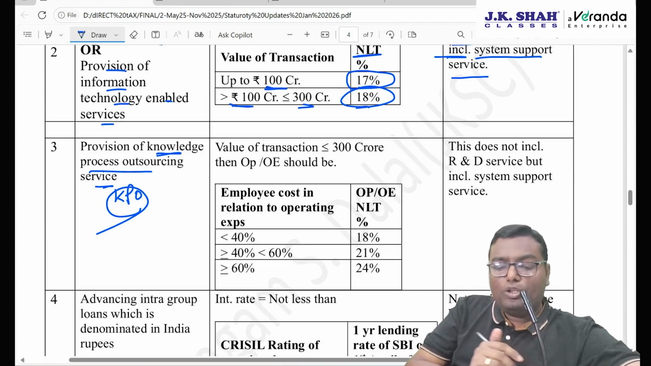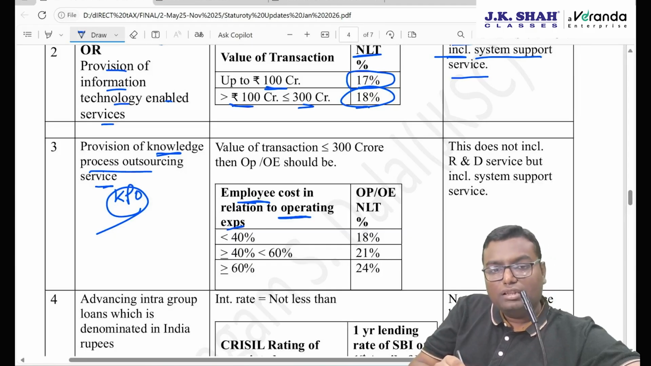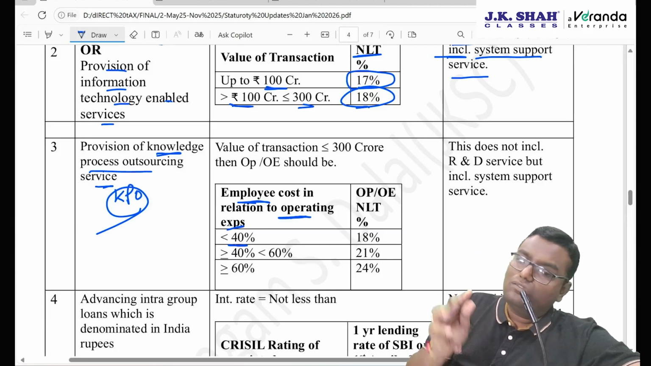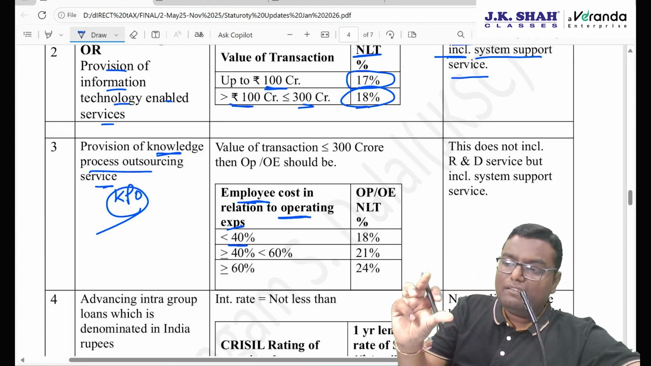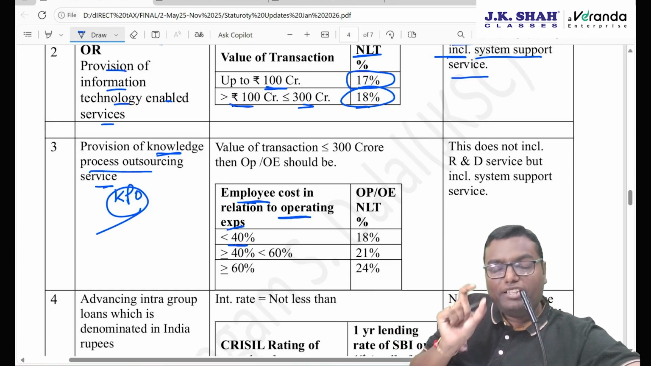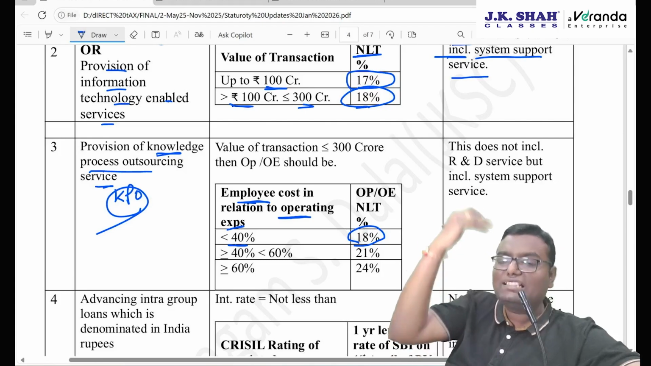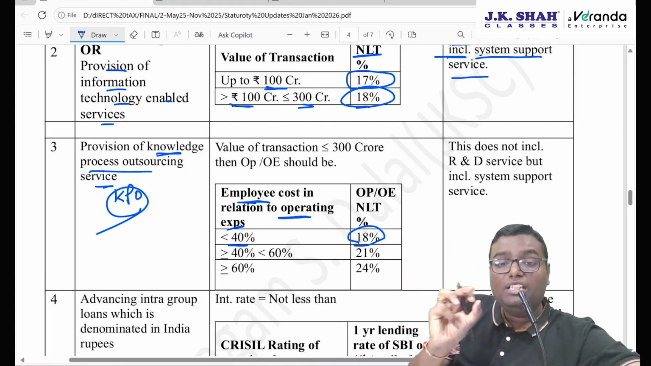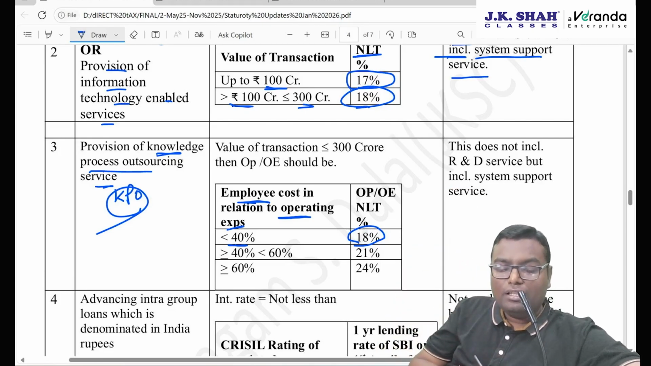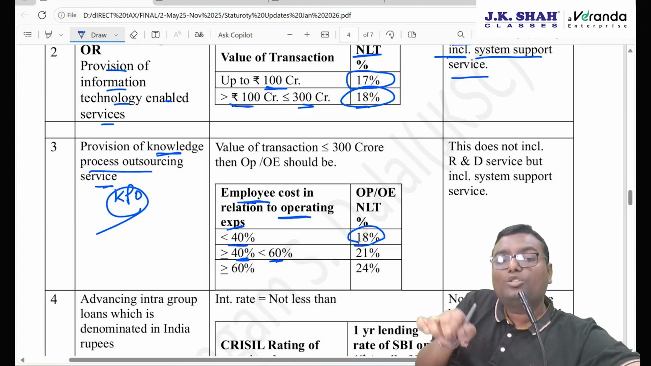Now, if the employee cost in relation to your total operating expense is less than 40%, then your operational profit divided by operational expense, that profit margin, has to be minimum 18%. Whatever you are charging, it has to be with minimum 18% profit margin. If the employee cost is more than or equal to 40% but less than 60% of the total operational expense,